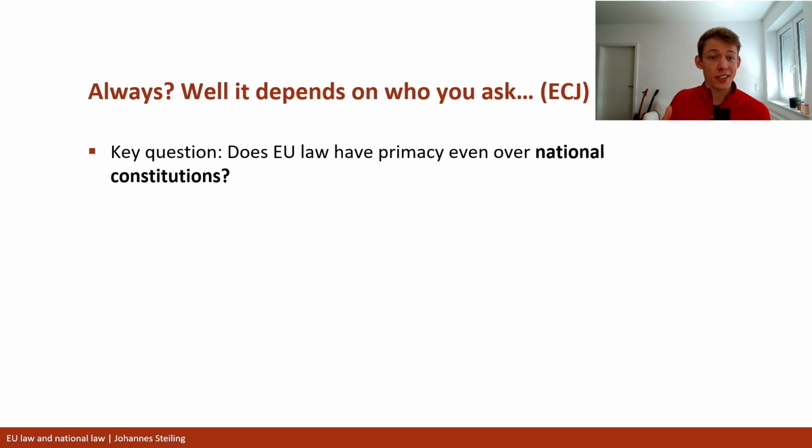And this is obviously a key issue for a constitutional court, because, for example, if we look at the German Constitutional Court, well, who interprets the national constitution? The Constitutional Court. So who has the final say about what the constitution means? The National Court. So, just so you understand the issue, what happens if the Constitutional Court accepts primacy of EU law over the national constitution? Well, who interprets EU law?